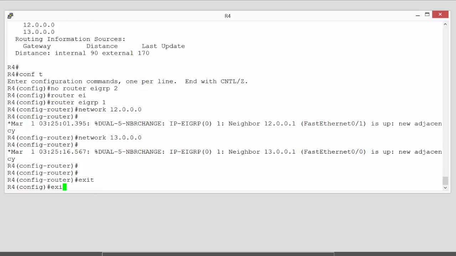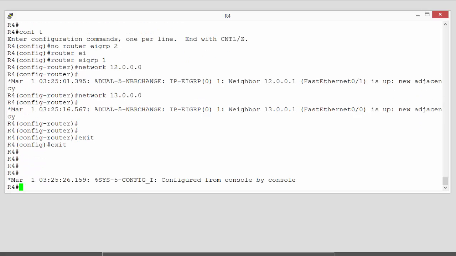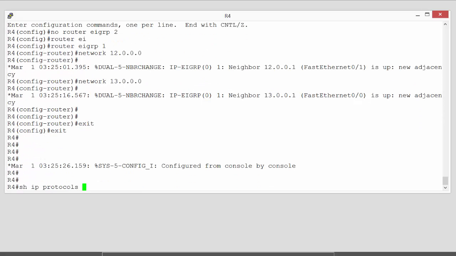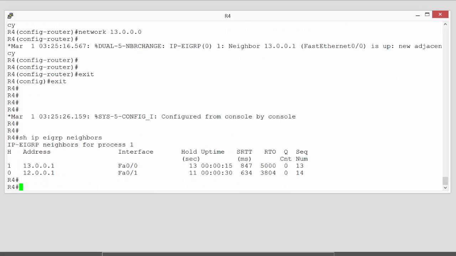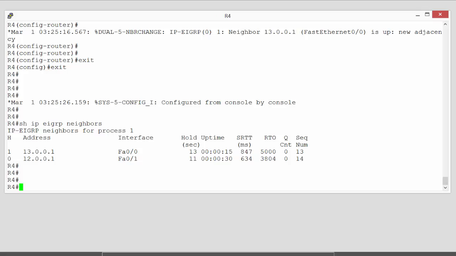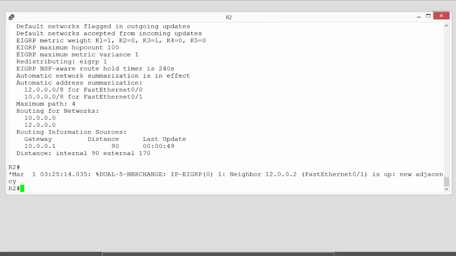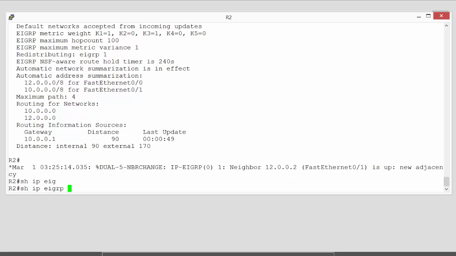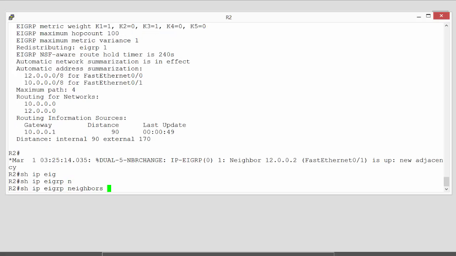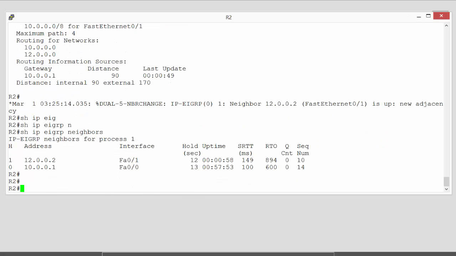So now if we go back to running config, back to the enable prompt and do show IP EIGRP neighbors, we've got two neighboring devices there now. If we go to router 2, on router 2 we can see that another neighbor relationship's come up. If we do show IP EIGRP neighbors, two neighbor relationships,